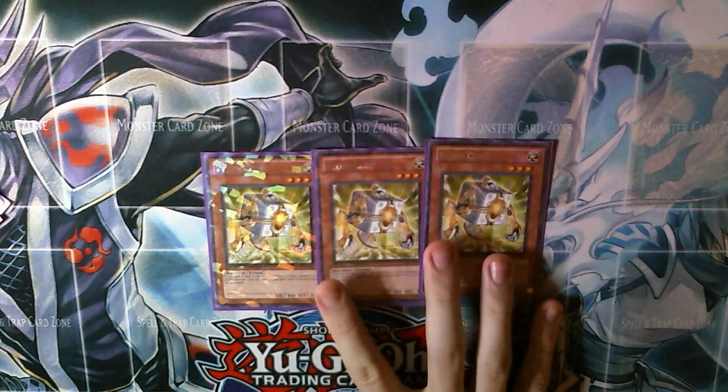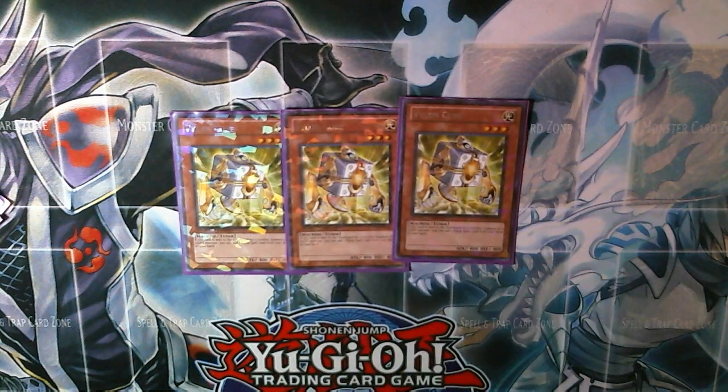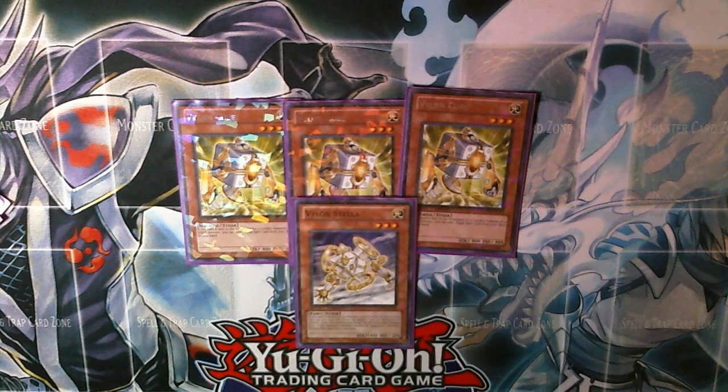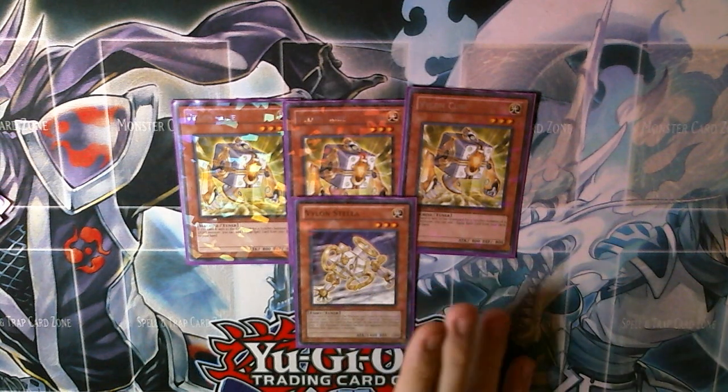3 cubes. The level 3 tuner monster is necessary to get your Vylon Sigma out. So, in addition to the cubes, we're actually running a Vylon Stella as well. This is just another level 3 tuner. It's not a machine, so you can't search it out with Gen X Neutron, but you can still summon it